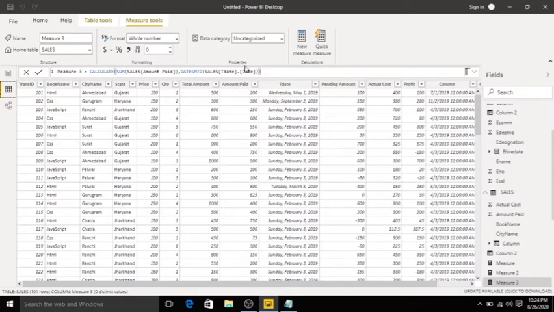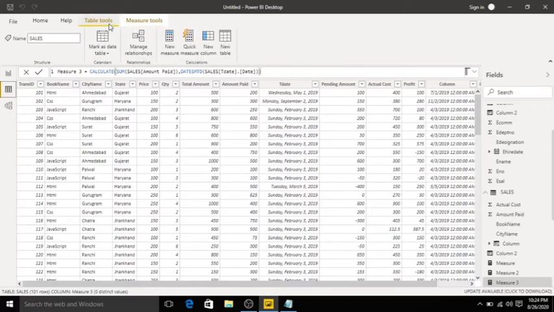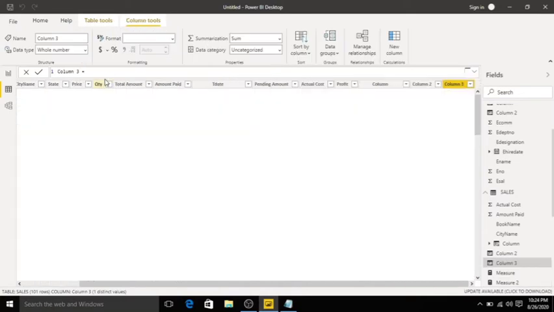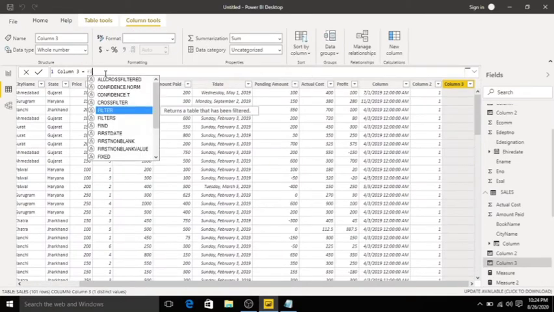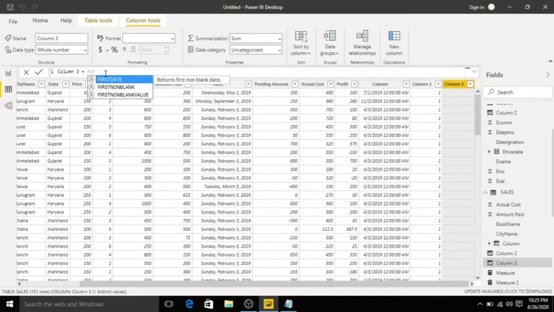We have another function called FIRSTDATE. FIRSTDATE returns the first date of a given column. Go to Table Tools. I will create a new column. Click New Column. FIRSTDATE. Click Tab.